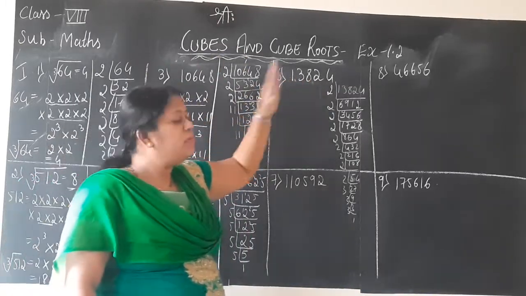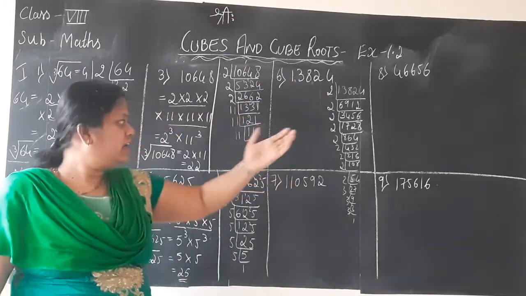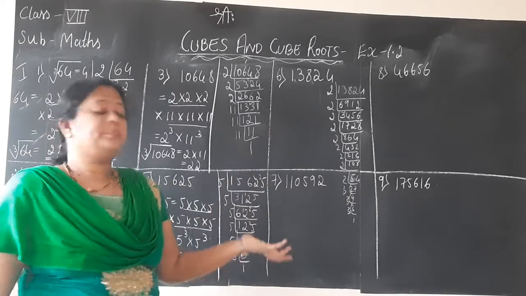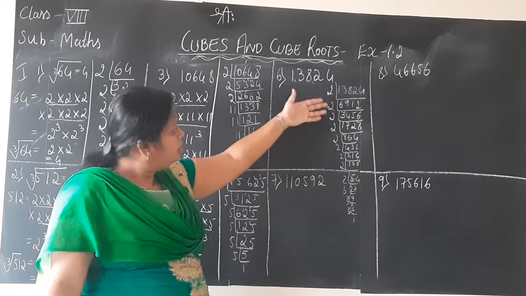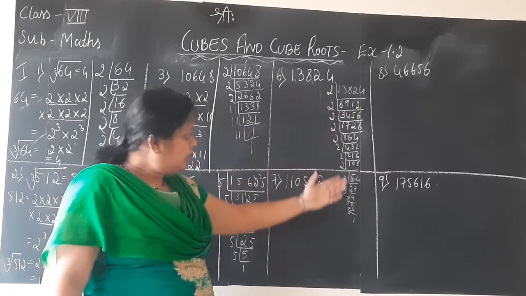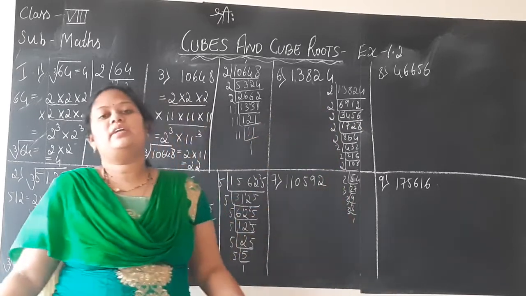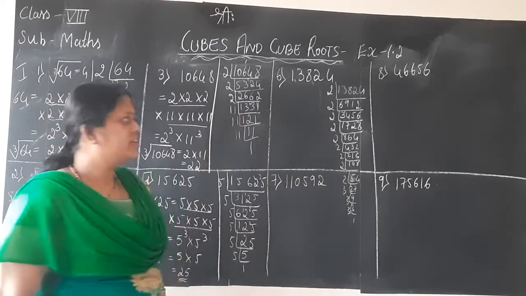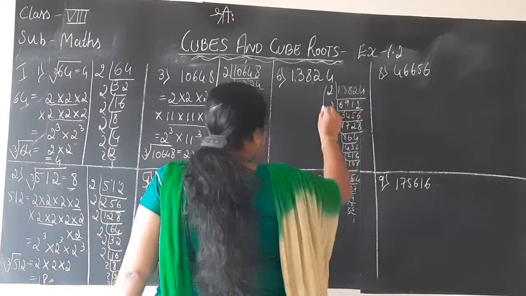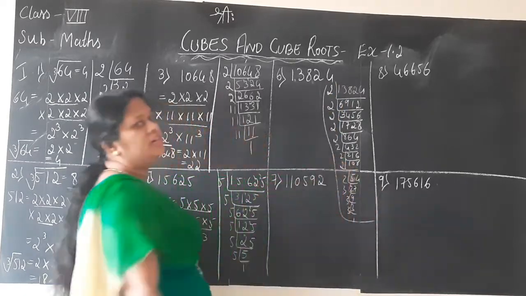So what is cube root of 13,824? Easily you can say you get 13,824 by multiplying 2, 1 2 3, by multiplying 2 nine times and 3 three times. Wow, how easily you can say, no children? Say thanks to this prime factorization method.